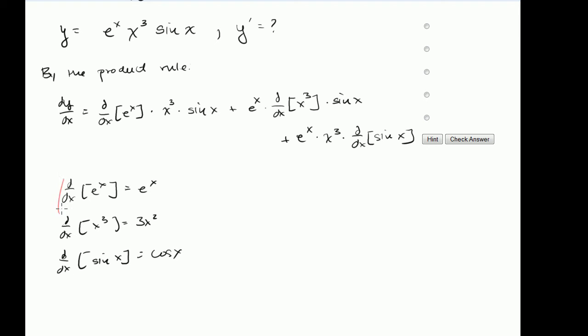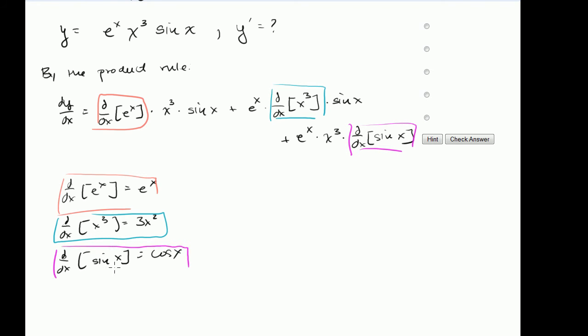We could maybe write this in orange, maybe that in orange right there. Maybe we show that this is in blue, so we show this in blue, and then maybe we show this in magenta, and then we show that in magenta right there, so that students see where they're coming from. And then the last hint, so we have dy dx is going to be equal to e to the